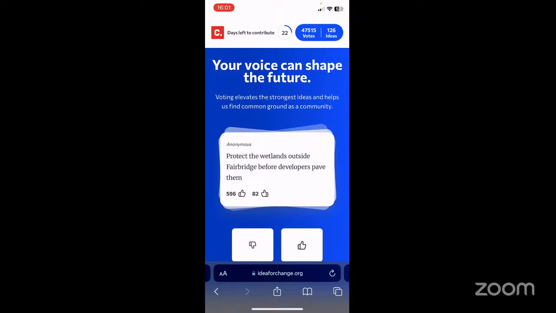Maybe like 10. And then I think, given that the site is just here now, I would just leave it open on my phone. And then if I'm commuting or if I have time later on or I'm bored, I would go back to it, and I think I would continue to vote on more.